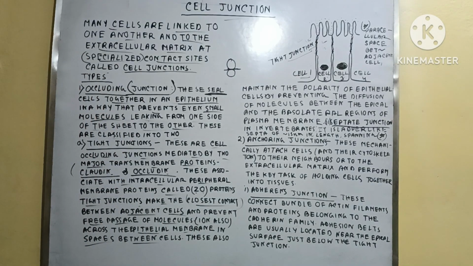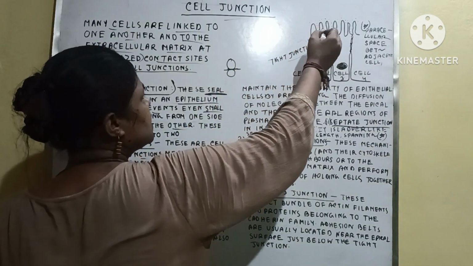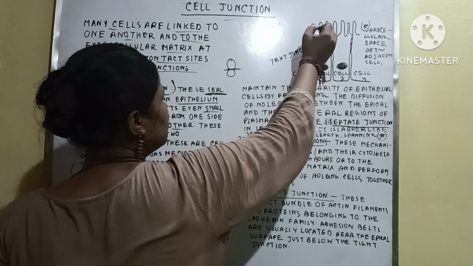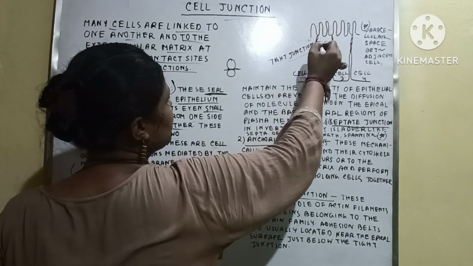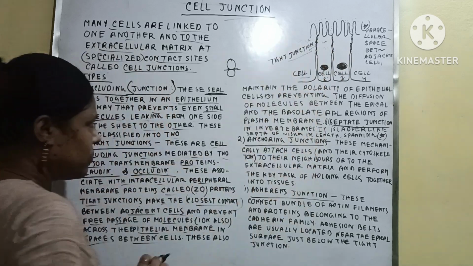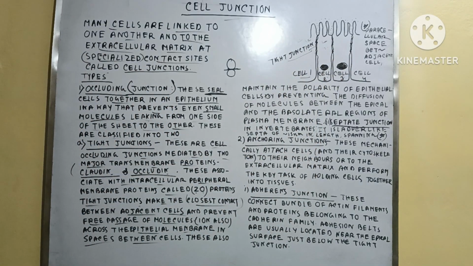You can see these molecules coming through this and then being transported here or here. Clear? These also maintain the polarity of epithelial cells by preventing the diffusion of molecules between